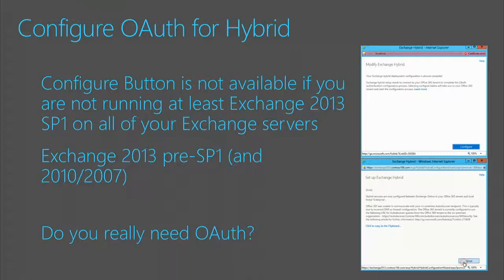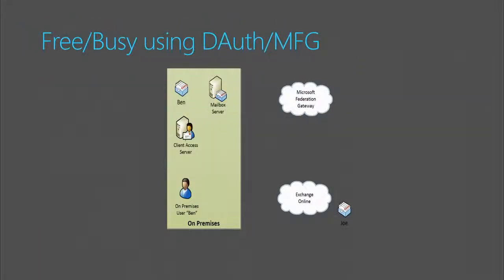To configure OAuth, we talked about the prerequisites, so I'm going to move on to cover briefly how FreeBusy works with the Microsoft Federation Gateway, aka the old way. Basically, Ben would request FreeBusy for Joe. Joe's in the cloud, right? So the client access server is going to say, that's a remote user. What's the target address for that user? It's going to be